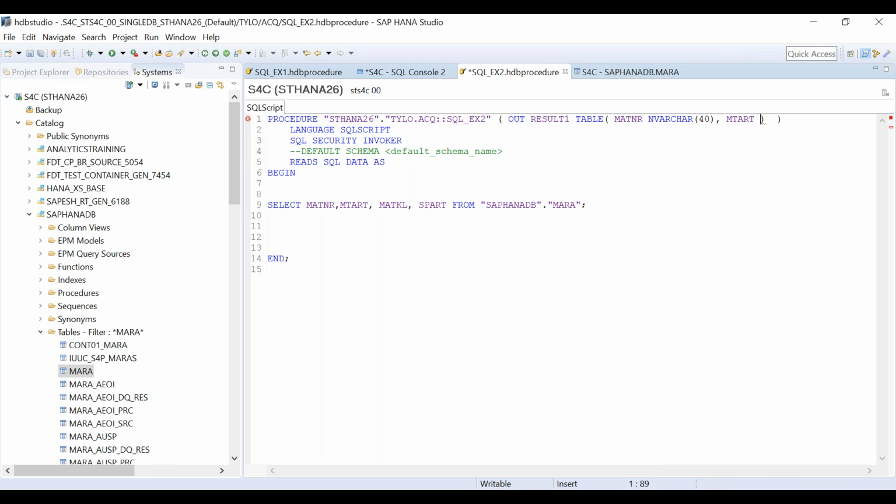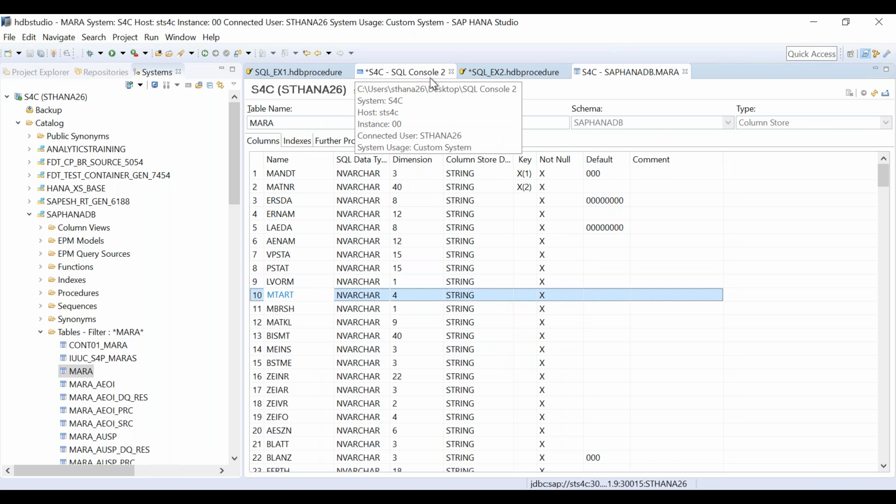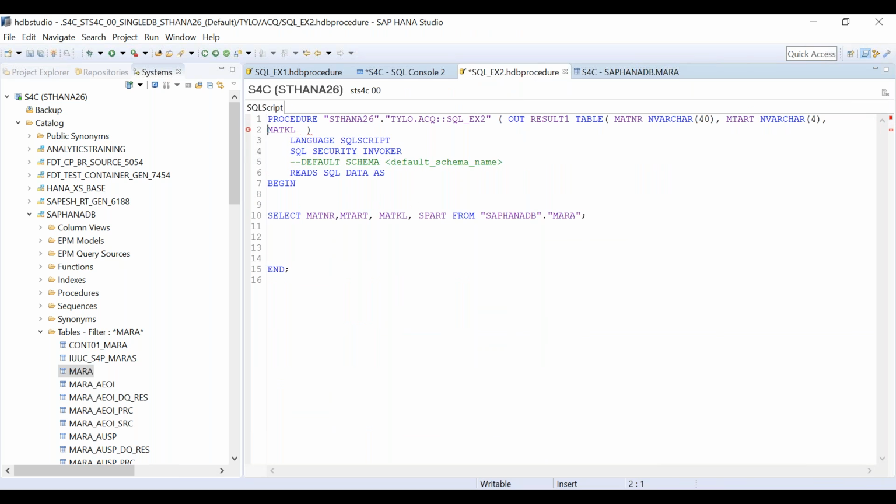Okay. Then mtart nvarchar. How many characters? mtart is 4 characters. Okay. Now we have Matkl. Let's take this down. Matkl nvarchar.